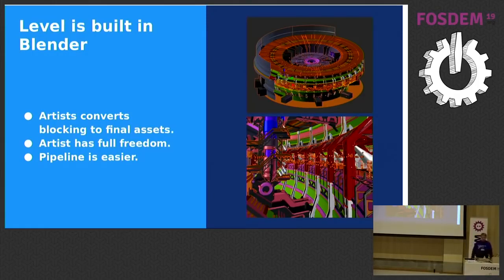So then the artist converts all the blocking that was done initially. It's converted to final assets. They are given more detail, and they are textured. This is Blender. The idea is that the artist has full freedom. The level is actually made in Blender. Many people think that it's better, or usually better, to just model different pieces and assemble them in the game engine. Usually when you work professionally, this is kind of a mess because the game designer doesn't really know how to put together a level with pieces. So it's better we just agree on what the level is, and then the artist can go wild and do all the art and all the detail that conforms to what was originally agreed with the designer. So the pipeline is much easier this way, in my opinion.